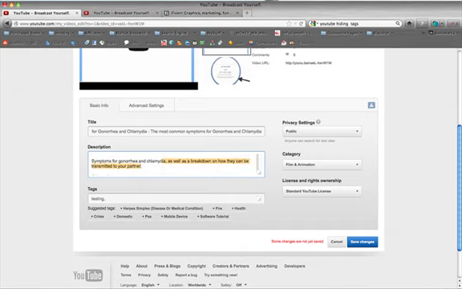Here I just went online and found something off of a medical website about gonorrhea and chlamydia, and I put that in there. That way I have lateral terms, and Google looks at that. It's kind of just the same way they look at a web page. They want to see similar words. They want to see words that are related to your main keywords.